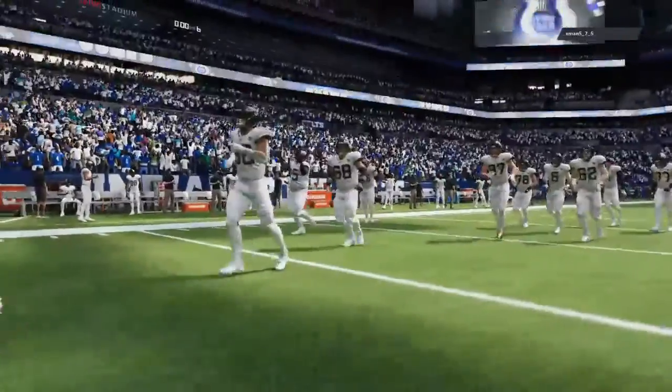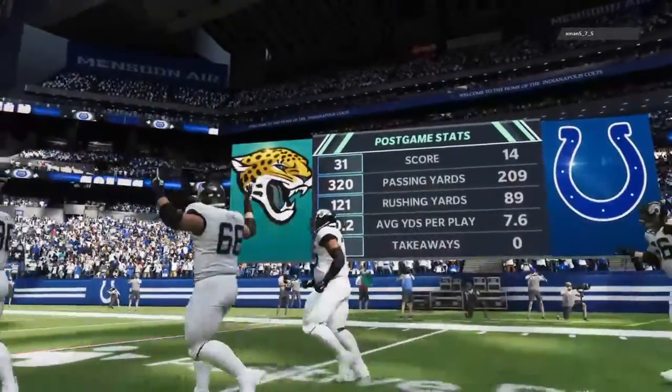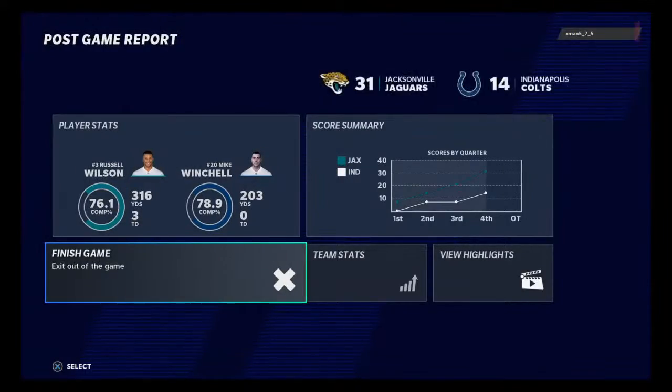So for Jacksonville, they're on a nice early roll as they move to 3-1 with a win here. And they'll get another road test next week as they head to Houston to take on the Texans. Meanwhile, for Indianapolis, they'll fall to